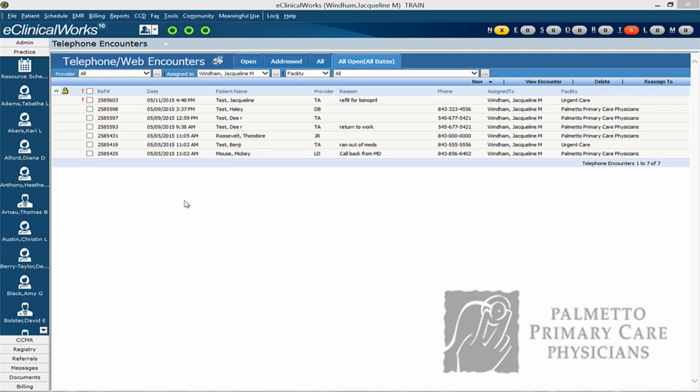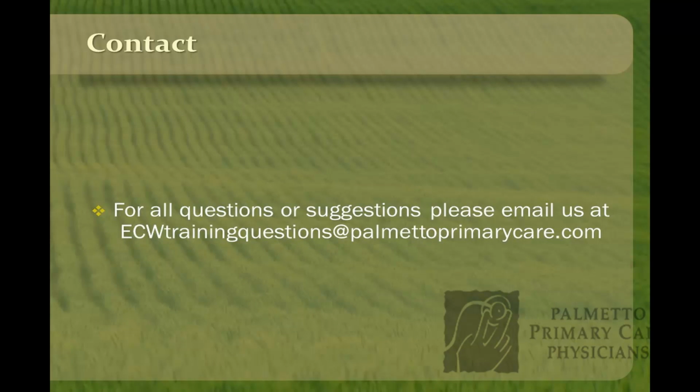Now we have gone over how to manage your telephone encounters. So after creating and responding to telephone encounters, refilling prescriptions via telephone encounter, adding notations to address telephone encounters, and managing those telephone encounters, if you have any further questions, please email us at